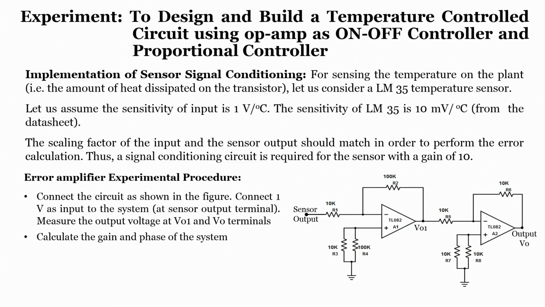Now, once we get an error signal, another important thing to get an error signal is output from the sensor, right. So, output from the sensor in this case is LM35. As you already know why we are using LM35, as we have already discussed, we also discussed about the sensitivity. The sensitivity of LM35 is 10 millivolt per degree centigrade, that is 0.1 volt per degree centigrade, that is what the sensitivity that we are using.